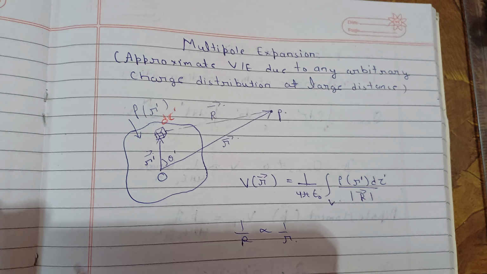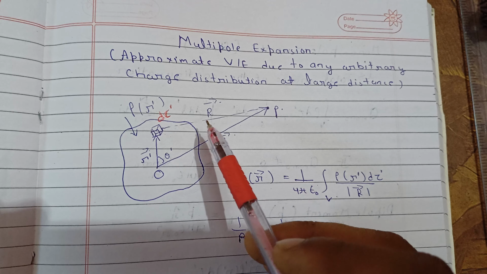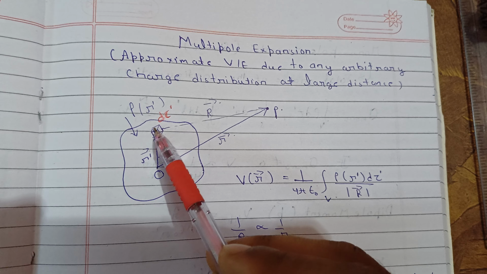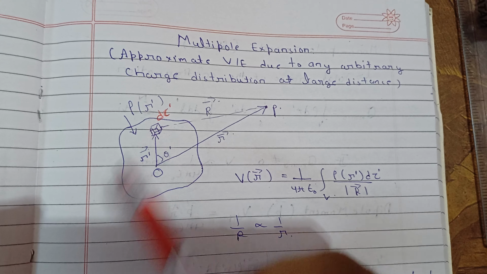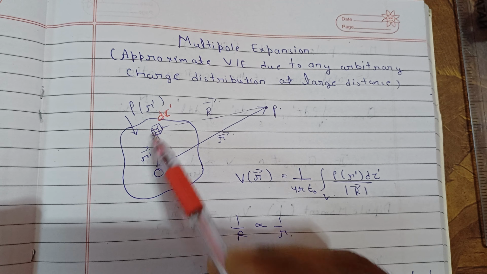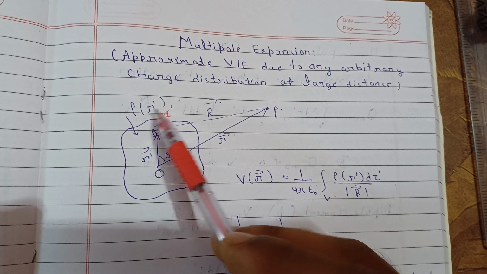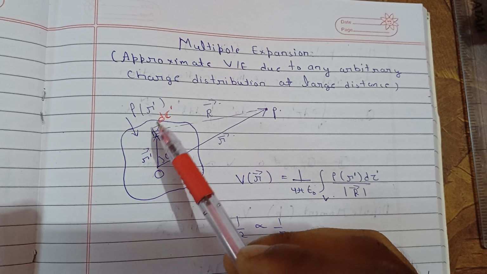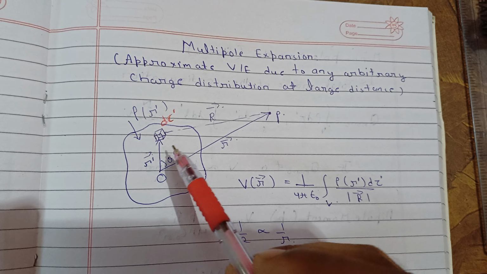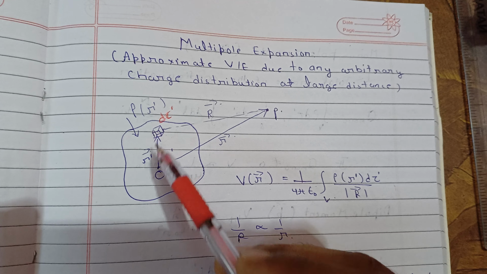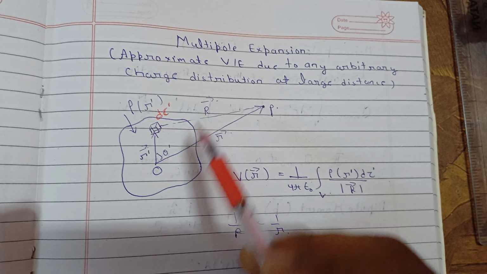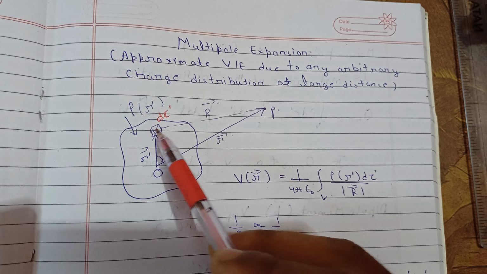We use this. So you have some unsymmetrical shape and you need to find the potential at this point due to the small charge or the small surface. So you need to find the charge distribution. This density is given by rho of r dash, meaning it is not constant, it is varying with r dash. Whatever is related to this source charge we represent by r dash, and whatever is related to this point we represent by r. So in terms of this r, you can find the potential at this point.